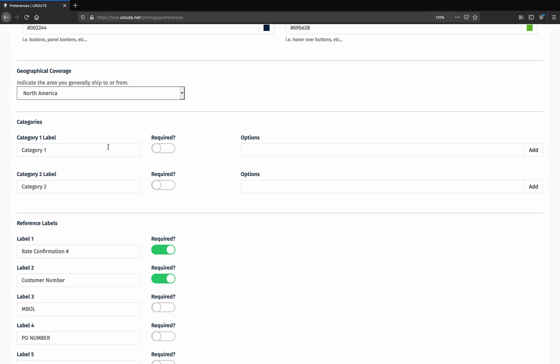Categories, you can set up different categories for your freight. Again, this is just for reporting and analytics. So one category could be flatbed, another could be dry van. And you're able to have, so you could call this equipment type. This is just an example. And then you could add flatbed,